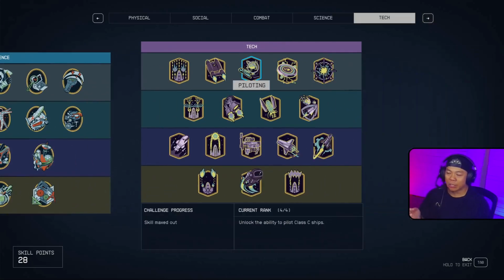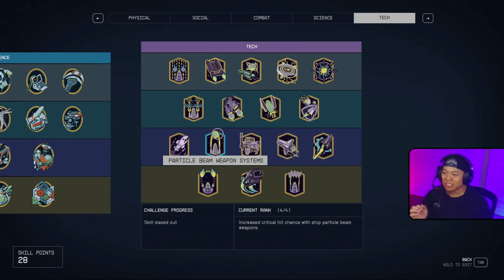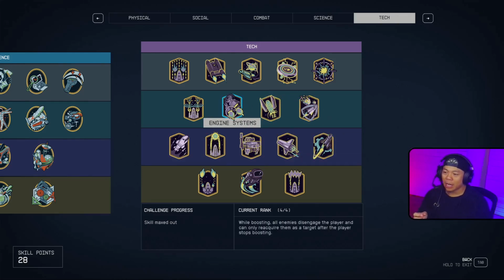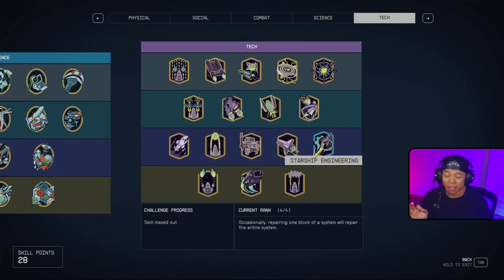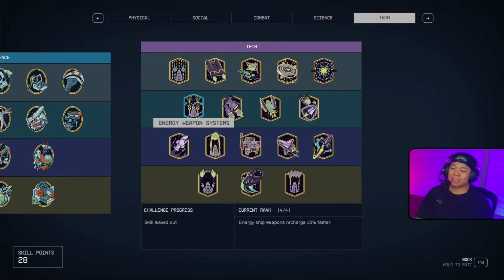In the tech tree, you want piloting, have that maxed out. Starship design, have that maxed out. You're going to have engine systems, particle beam weapon systems, shield systems, and other optional pieces. Other optional pieces would be starship engineering and targeting control systems. Totally up to you. Energy weapon systems, this would be nice to max out, because based on this weapon loadout, both energy weapon systems and particle beam weapon systems, their bonuses apply to the Vanguard